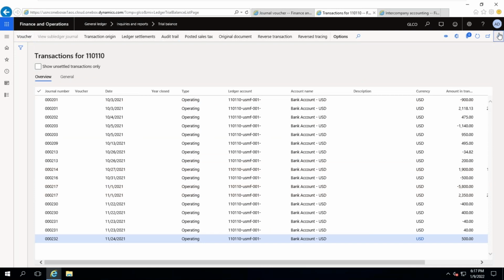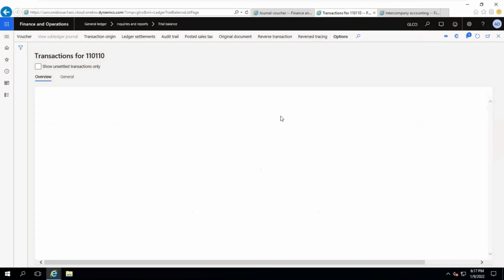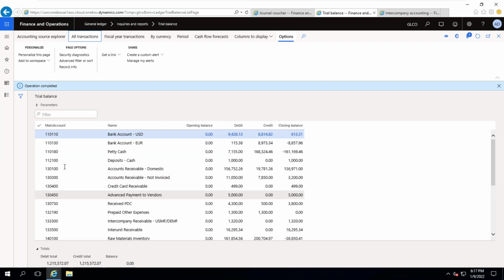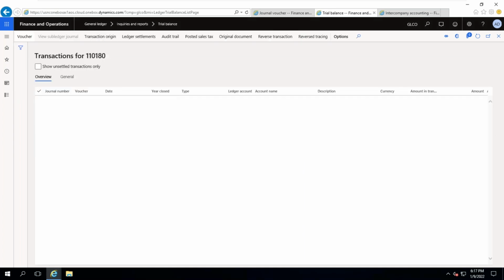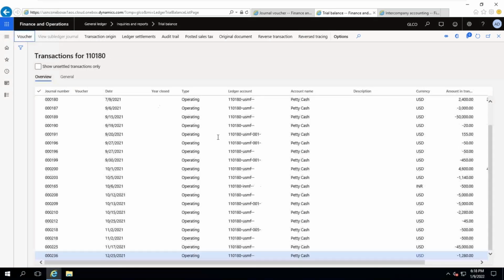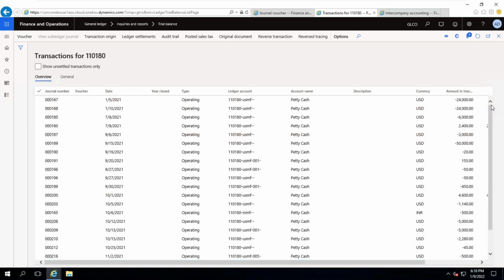If it is, say, account 110180 petty cash, it may have multiple company transactions. So USMF, INMF, all will be combined.